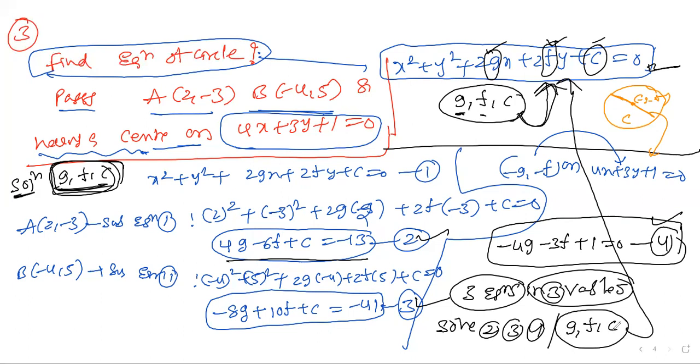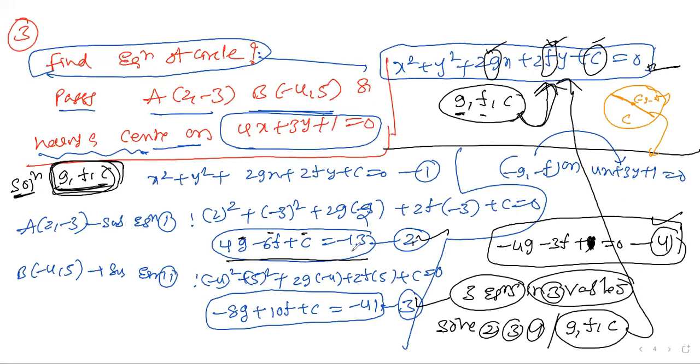To calculate the values of g, f, c, you need to solve equations 2, 3, 4, because 3 equations with 3 variables can be solved. I think in mathematics you are toppers. It means when the number of equations equals the number of variables, you can solve it. So here luckily we don't need the value of c. I will take equation number 2 and equation number 3 and subtract one from the other. The c is going to be cancelled, and automatically the equation becomes one in f and g. Then we also have another in f and g. So 2 equations and 2 variables I can solve.